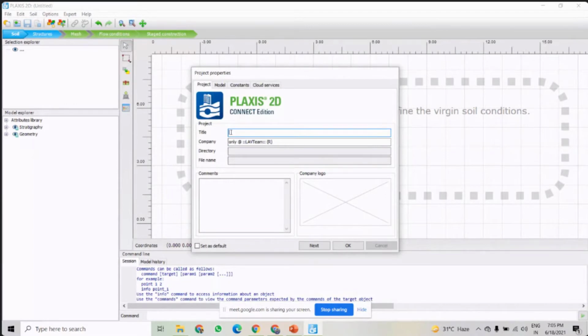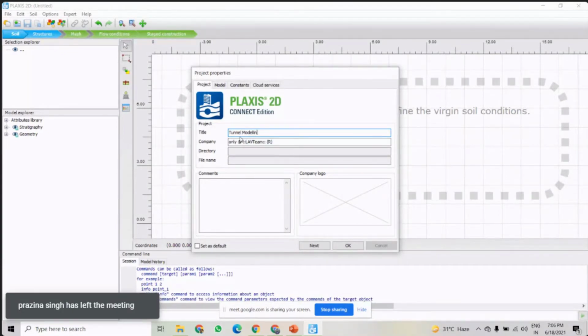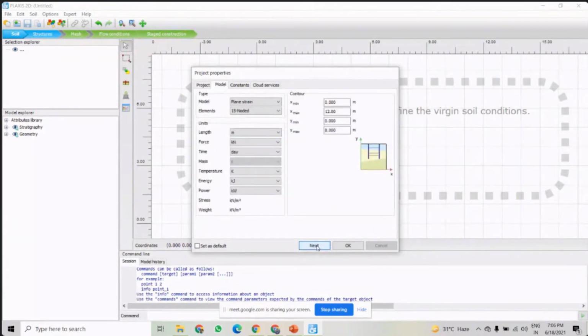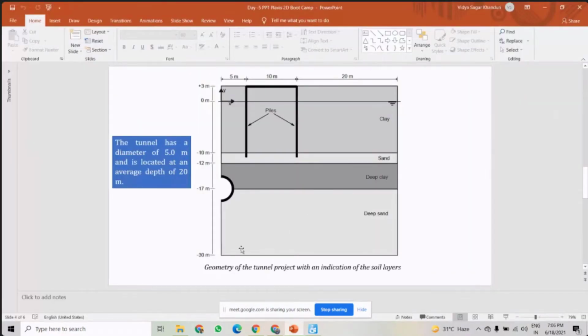Then, tunnel construction. We can write tunnel modeling. Here we have the depth: the total depth is up to minus 30, and above it is 3.